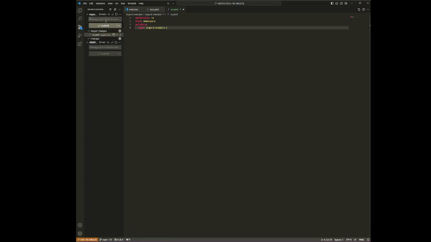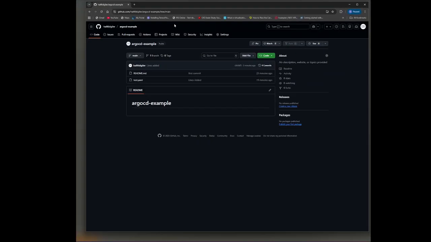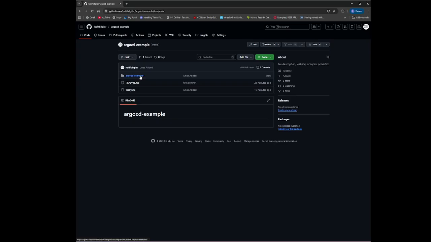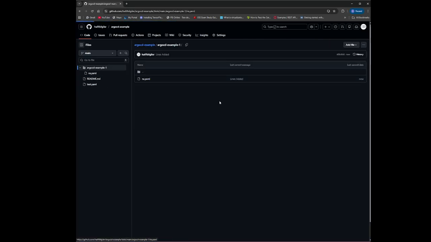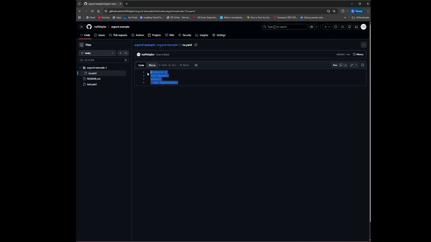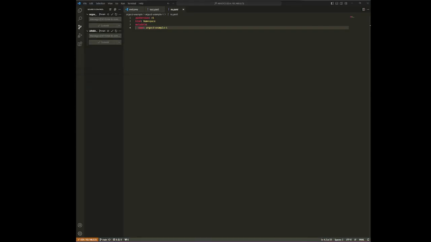Just push your files to your GitHub repository and check your folder and YAML file on GitHub. Yes, our folder was created and my YAML file is here: Argo CD -example -1.